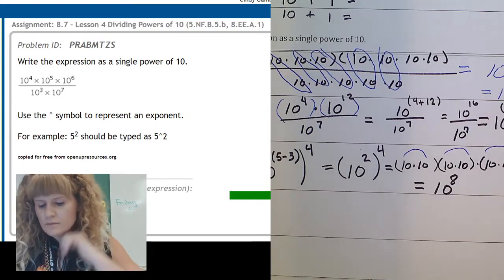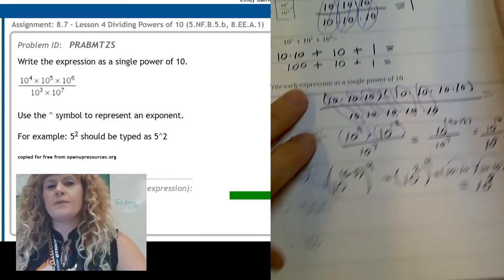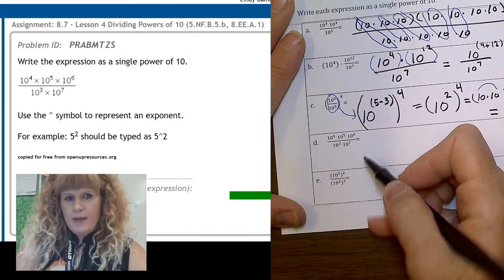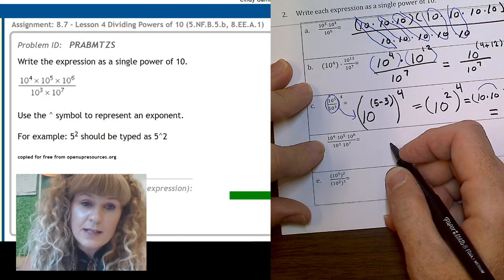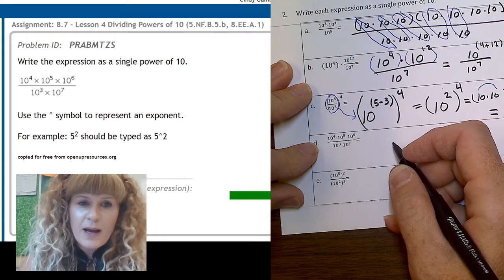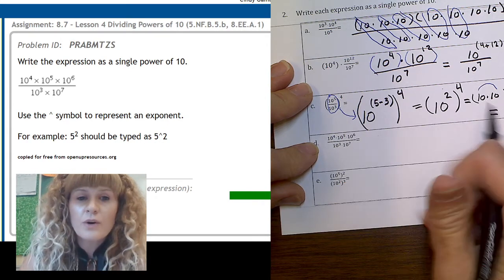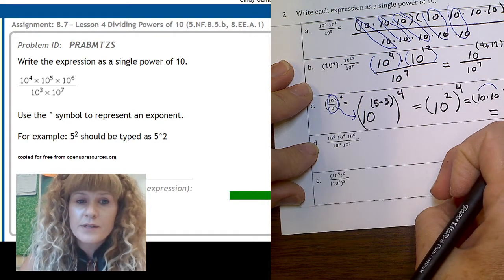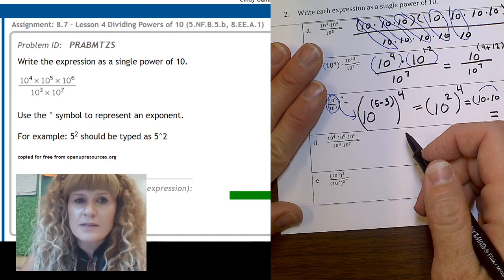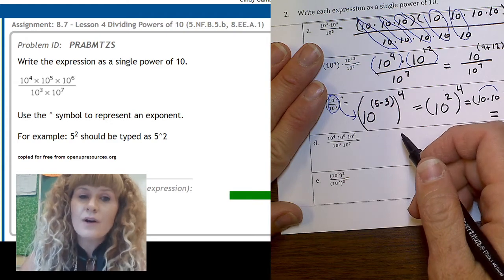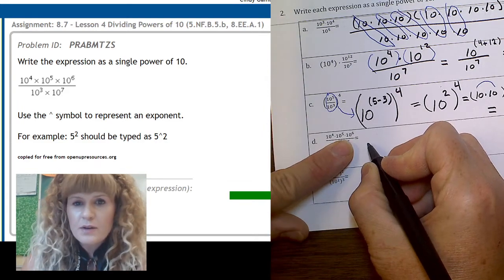Okay, how about this next one? Look at that. It's pretty complicated. I want you to write it on your paper first. 10 to the 4th times 10 to the 5th times 10 to the 6th, divided by 10 to the 3rd times 10 to the 7th. Okay, in the numerator, you're going to use the product rule first, because when you multiply by the same base, you can add the exponents. In the denominator, you're also going to use the product rule first. Let me go ahead and do that out. So in the numerator here,